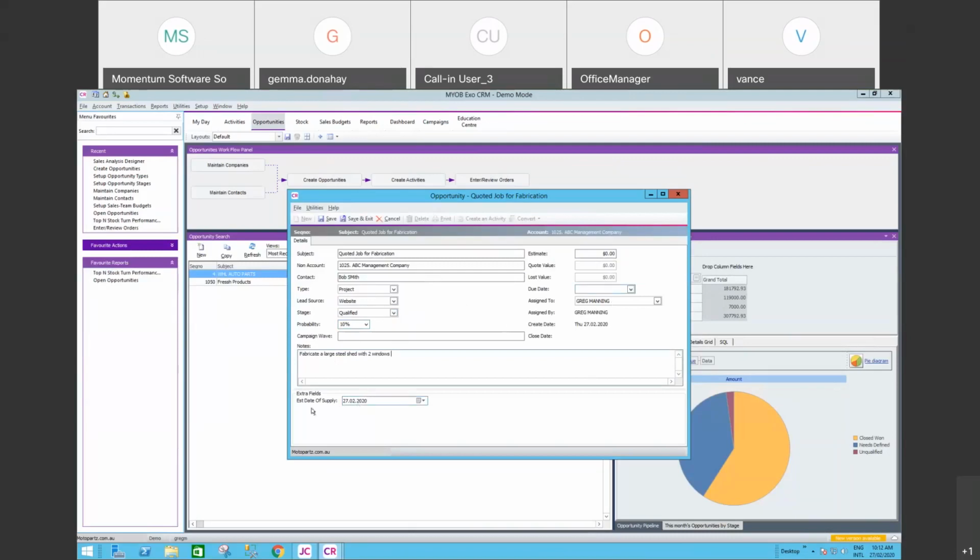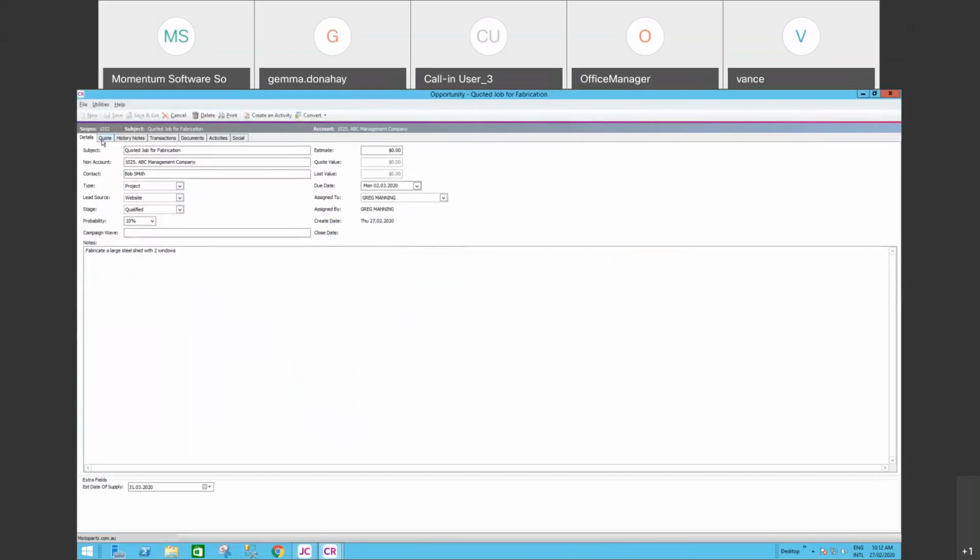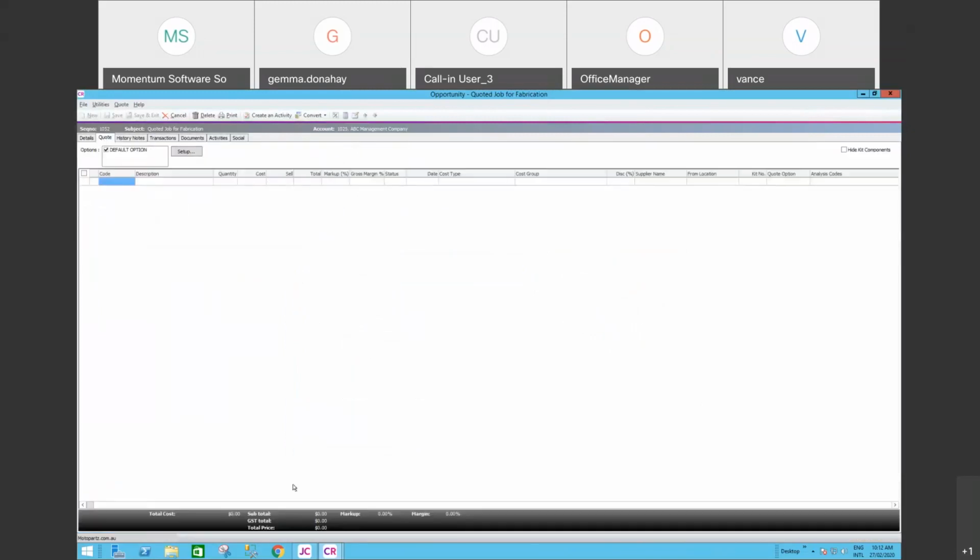Then we've got when do they want it, so estimated date of supply, we'll make that 31st of March. And the due date for the opportunity is usually when are we expecting to get that purchase order, so we'll say that's Monday. If I save that, now I've got a new opportunity number,